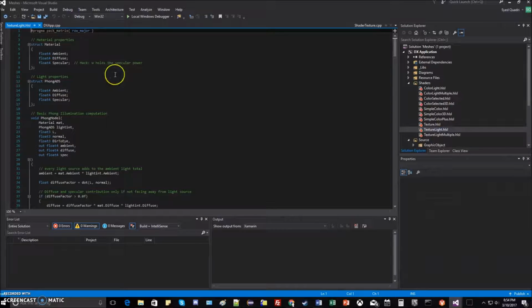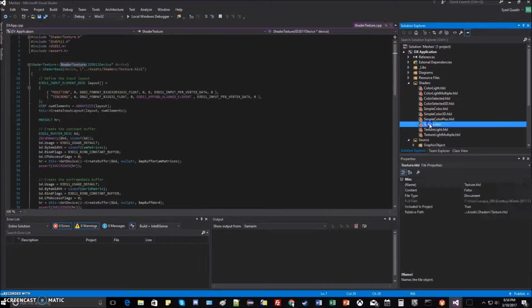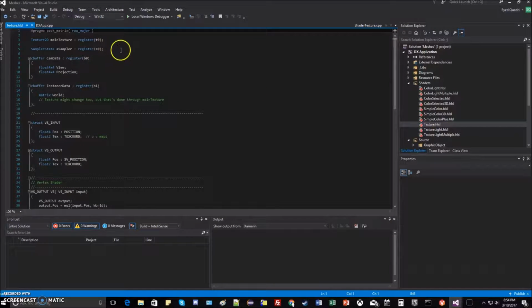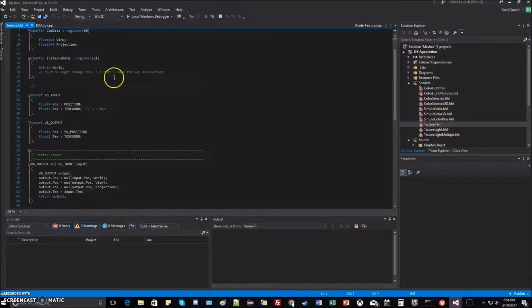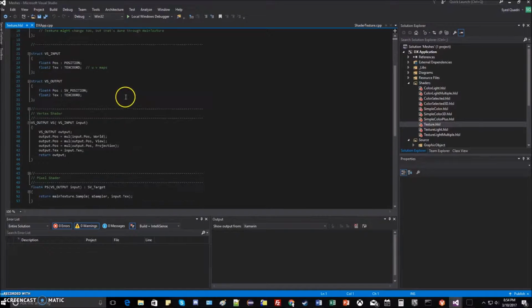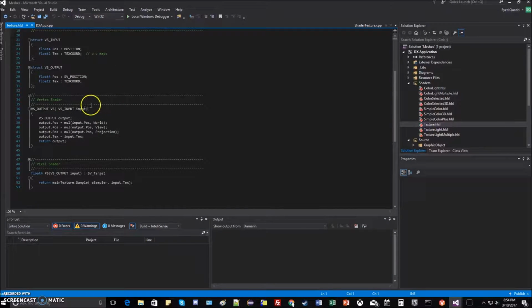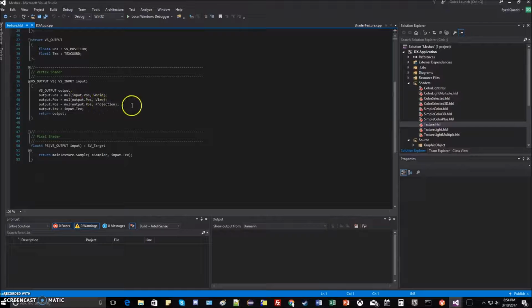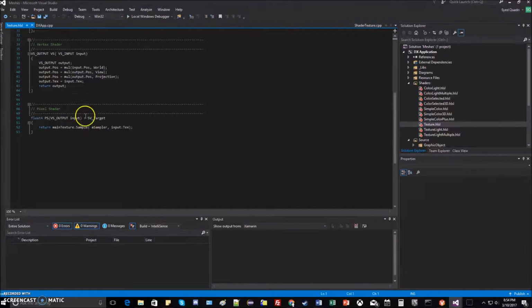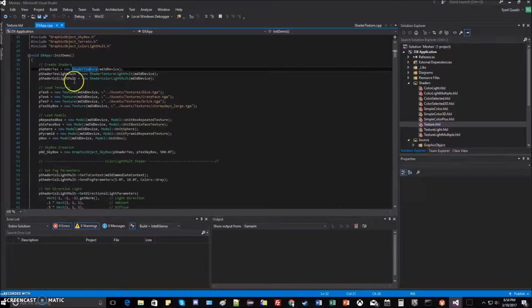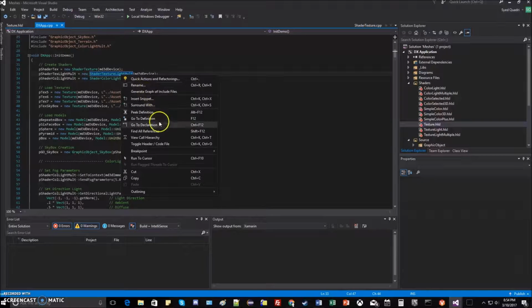Okay, yeah, this one right here. So here I'm defining the main texture, the sample, the camera data, and then the instance data. And these are our constant buffers. And then my vertex shader simply takes in the position, and then the pixel shader. So that's that shader. And then we have the shader texture light multiple,